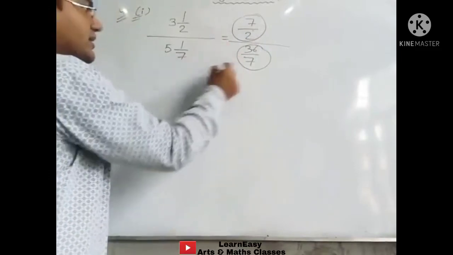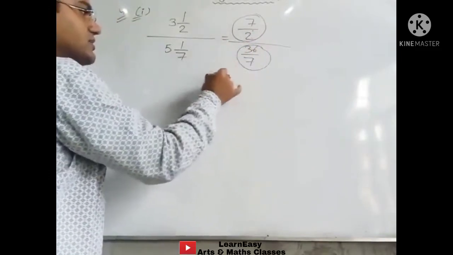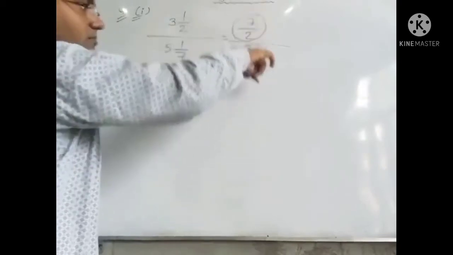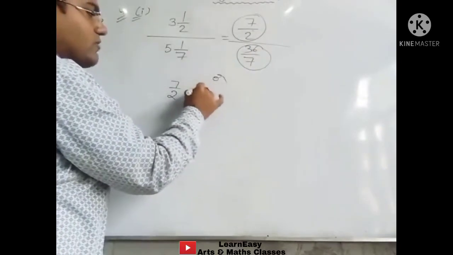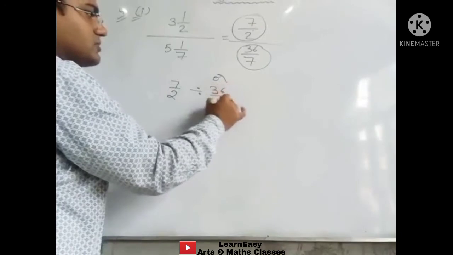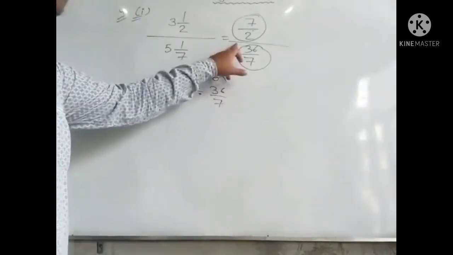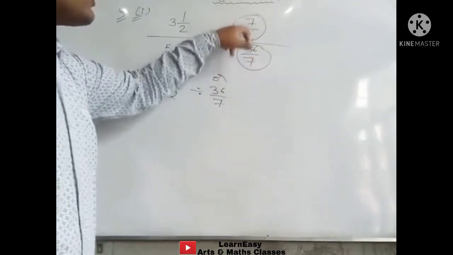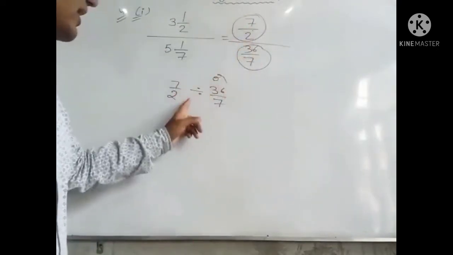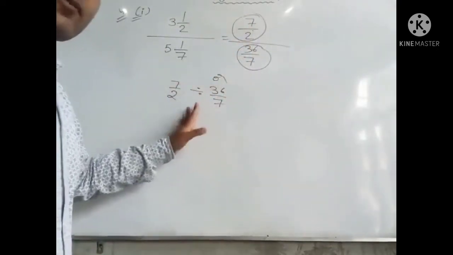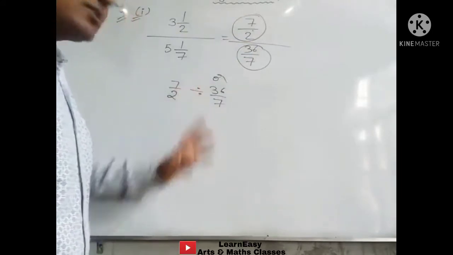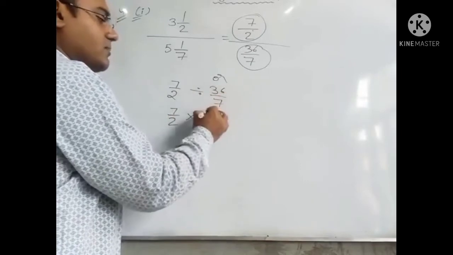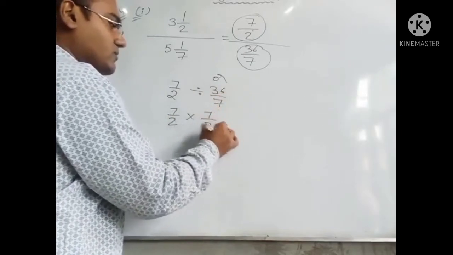So we can write this term as it is, like this also. Another way to write this term is like this, 7 upon 2 divided by 36 upon 7. This upon represents divide only. So this format we can change and write like this also. Now you know very well what you have to do here. This divide sign we will convert into multiply, and the right side number we have to take the reciprocal.